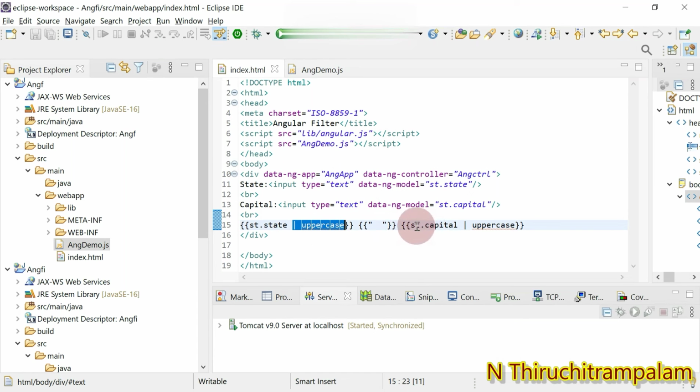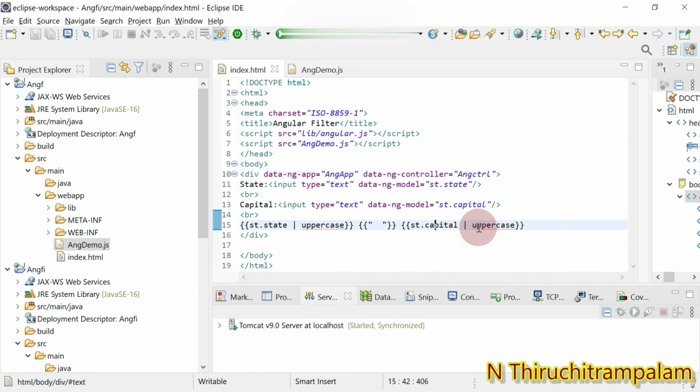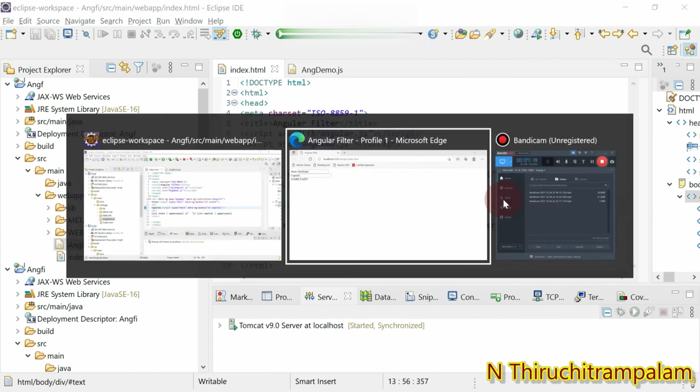So now when I key in some value in the second text box, that value will be printed in uppercase because we have given st.capital, and you can find the pipe character, and next to that we have used uppercase. That's the reason it will get printed in uppercase.